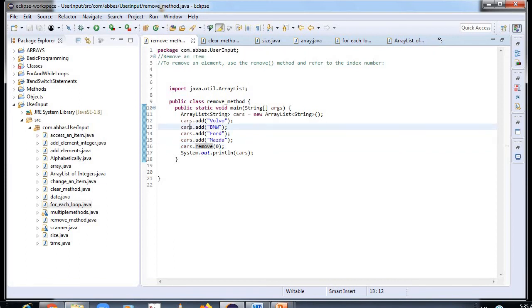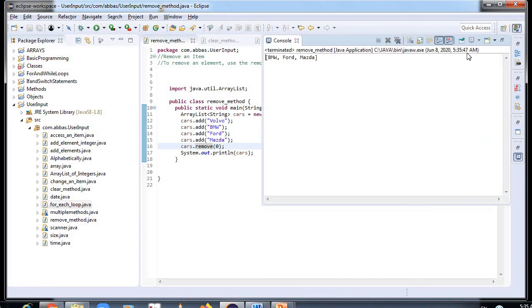Now remove an item: to remove an element, use the remove method, which refers to the index number. Here also I have to use the command remove. All are very simple, only you have to use the method properly. So remove 0, so Volvo will be removed. Only 3 things will be printed, BMW, Ford and Mazda. You can see over here BMW, Ford and Mazda has been printed.